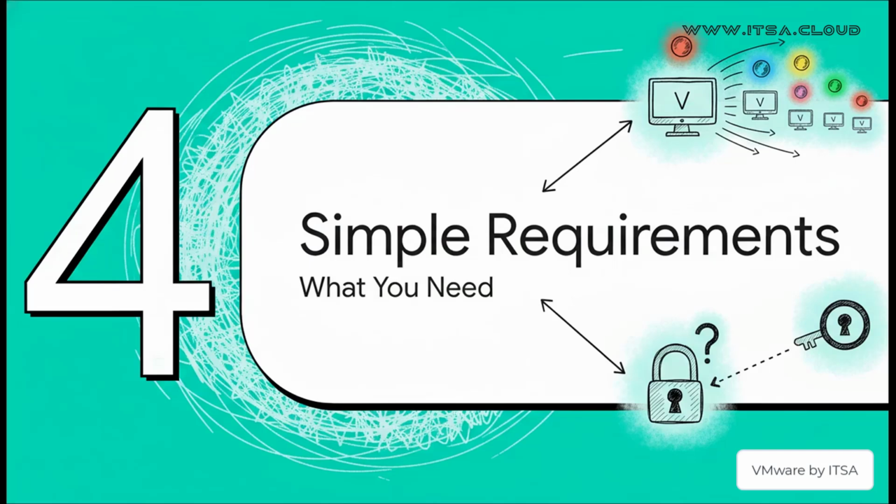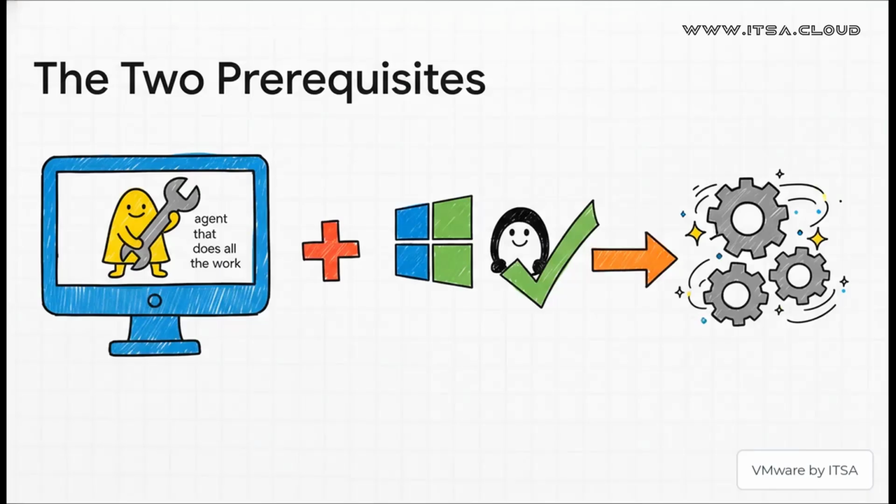All right, so what do you actually need to make all this magic happen? You might be thinking there's a long list of requirements, but honestly, this feature is incredibly accessible. There are really only 2 things you need to have ready to go. And here they are. It's that simple. First, VMware Tools has to be installed in your template. This is totally non-negotiable, because it's the agent that does all the heavy lifting inside the new VM. Second, the guest operating system just needs to be a supported version of Windows or Linux. That's it. If you've got those 2 things, you are ready to roll.